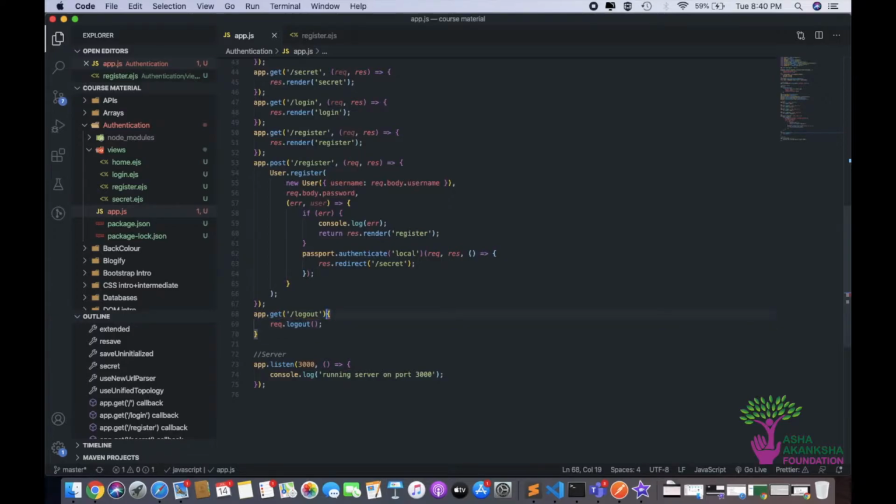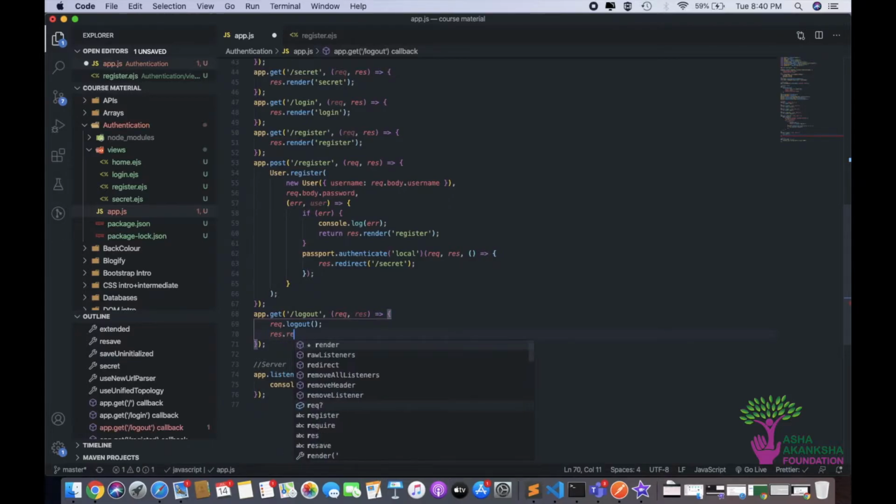And of course, this is some weird syntax that I wrote. This is not what it needs to be. And I'll remove these things. And alright, so this basically logs us out of the thing, and that's why logout is extremely simple, right? And now we can just do res.redirect